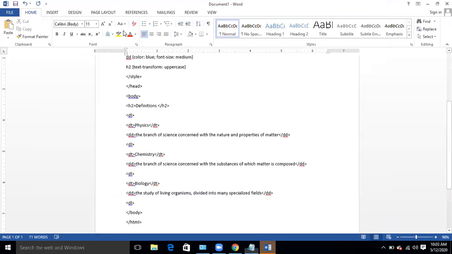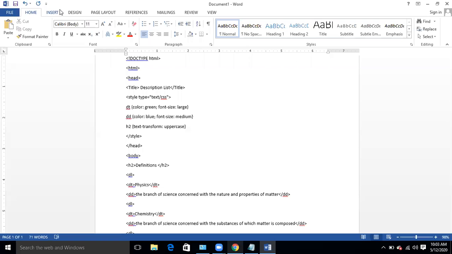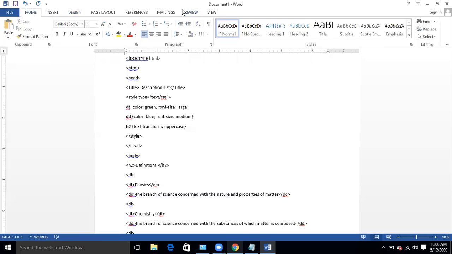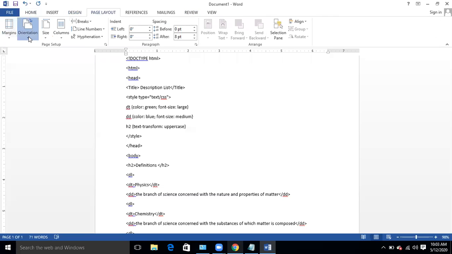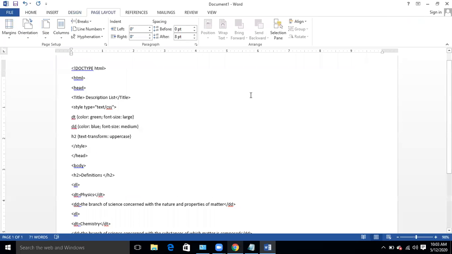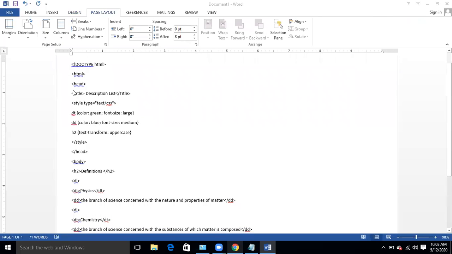Now over here I have taken one Word document in order to show you this in a better way, by changing the color. Now just see the example. This portion is basically the heading, the portion which is called head.